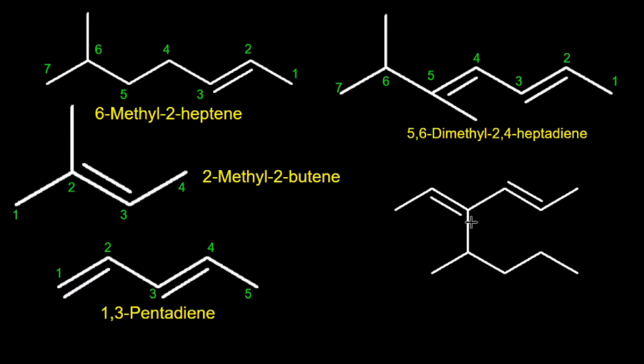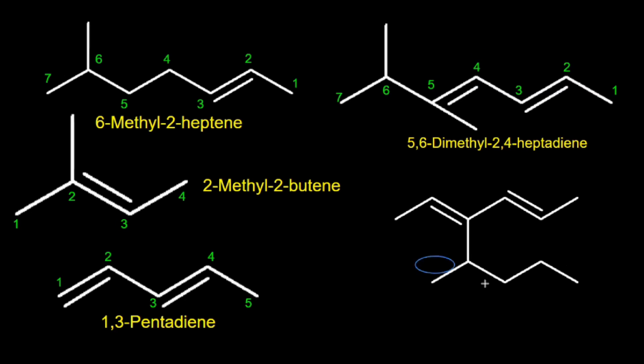For such a molecule, you have to number the substituent part 2. Select the heading part of substituent 2 in this molecule. This substituent is a long chain of alkyl group which is attached to the heading part via one of its middle carbon, right? For such a substituent, you have to divide the substituent 2 into the long chain of carbon atom, right? After selecting the long chain of carbon atom in the substituent part, you have to number each carbon atom in the substituent part, and keep in mind, start the numbering from that carbon which is attached to the heading part, right? So let's start the numbering of heading part first.